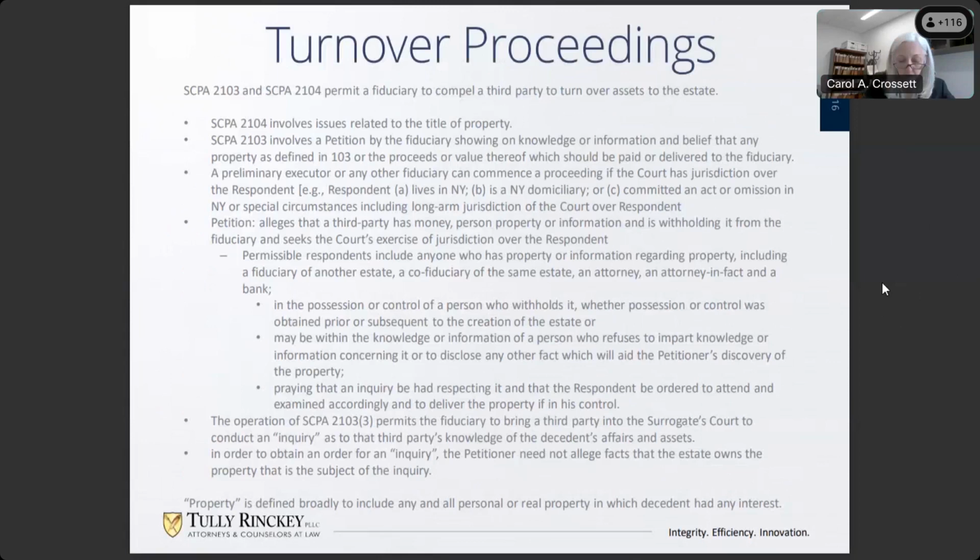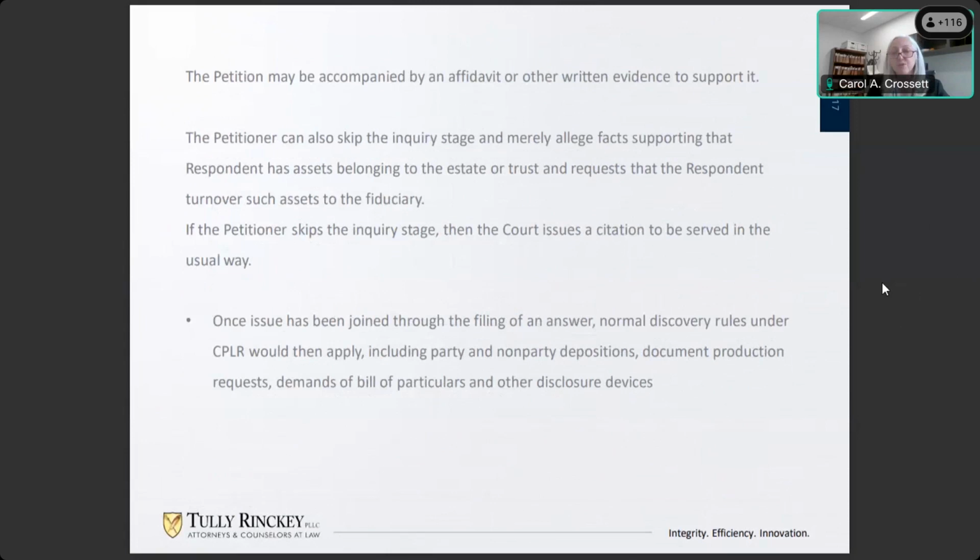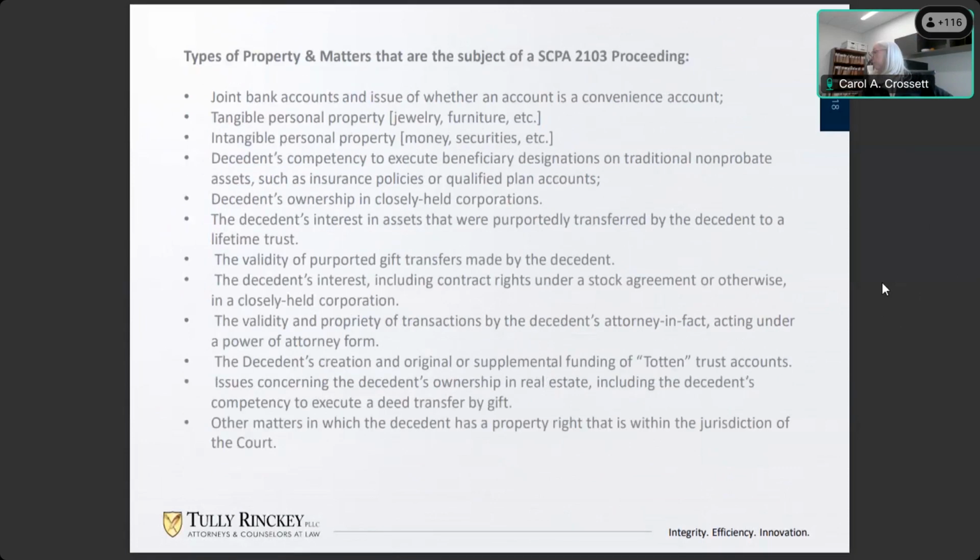So it can be a useful tool when you're not gaining information from somebody to commence a turnover proceeding in certain instances. It doesn't have to be accompanied by an affidavit or other written evidence, but usually petitioners like to do that to support why they need the information. But the types of property, because we're running out of time,